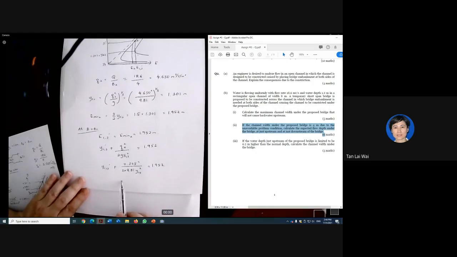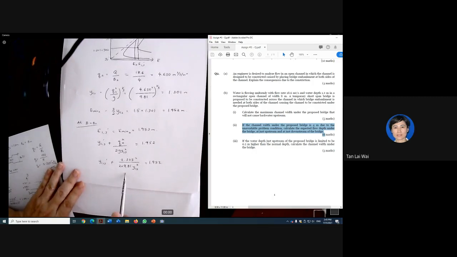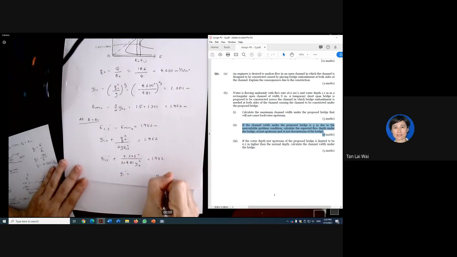You know the other day, before our break, I shared with you how to use the calculator. If you can write this in terms of cubic power, then you can solve for 2 solutions. So you want to try it now? I'll give you a few minutes. Try it. Give me Y1, and give me Y3.